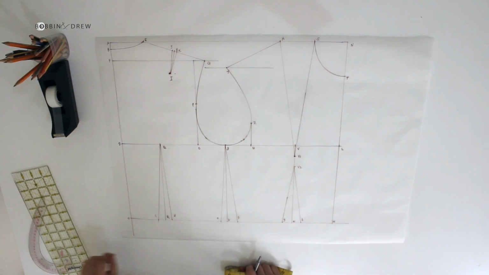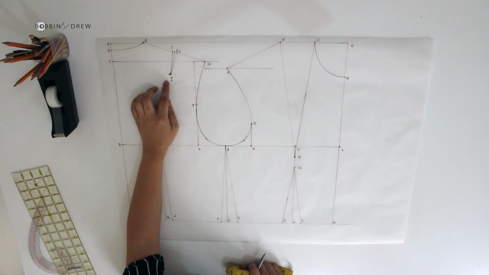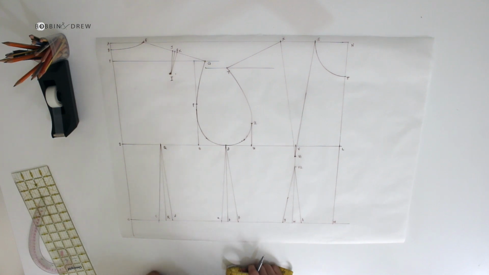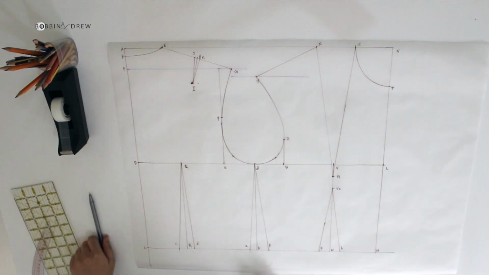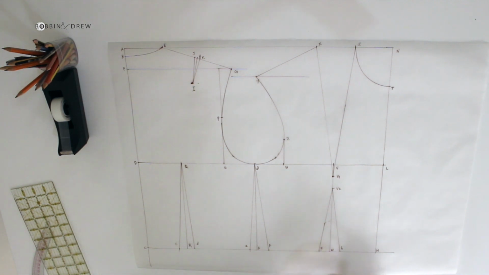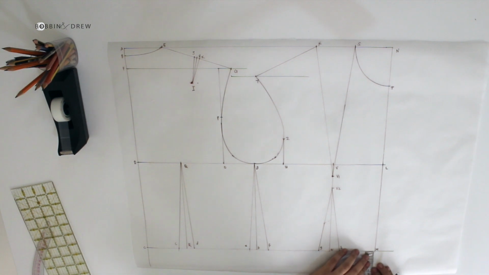At this stage, just make sure that the legs of the shoulder dart are of the same length, and this also applies to the side seams. And lastly, for the waist shaping, we simply extend 1 centimeter from M